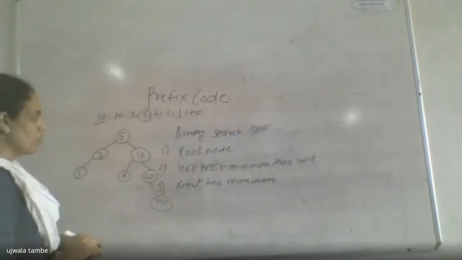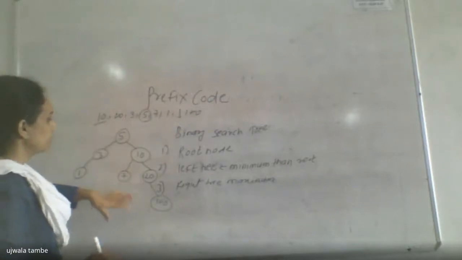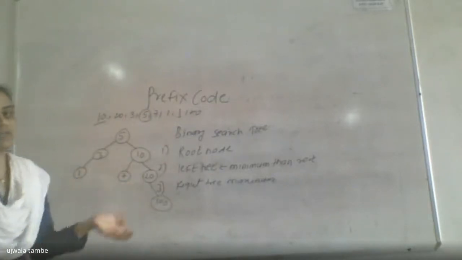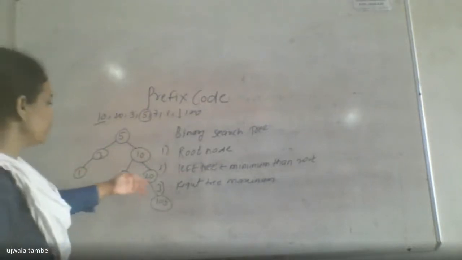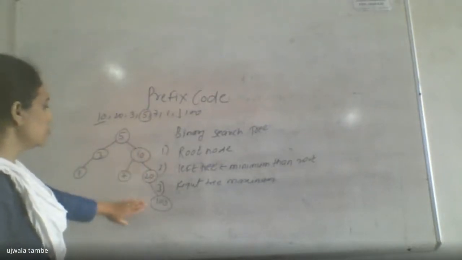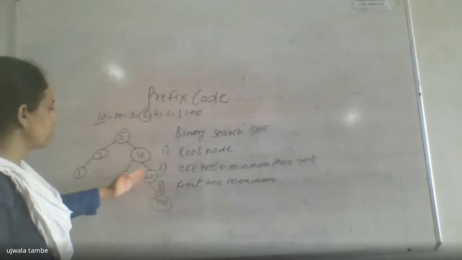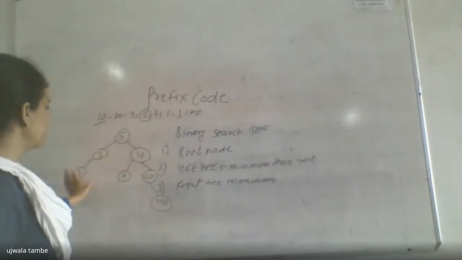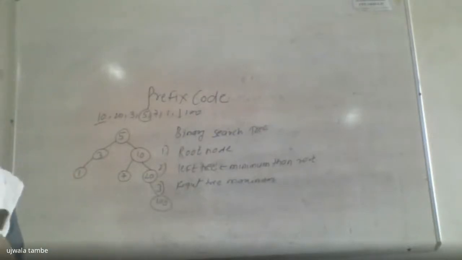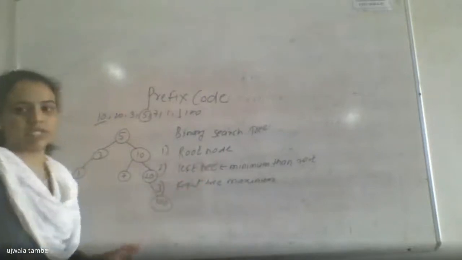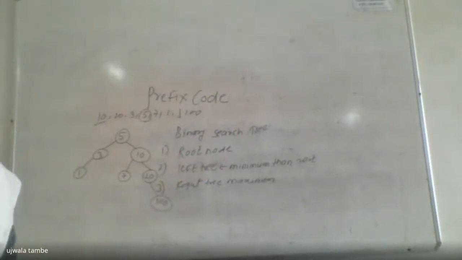Now I am choosing it randomly. After that, this is not covered in our syllabus. You may change this position also. You may take 100 or 20 as a root node, and then we can draw the proper binary search tree. Okay, Saloni, is it fine about the left subtree and right subtree? How to shift the values according to the rule?